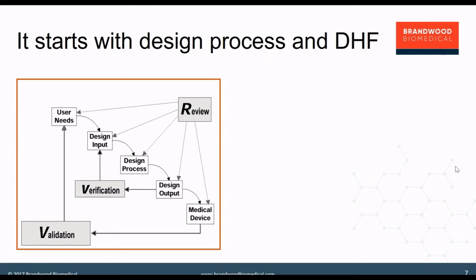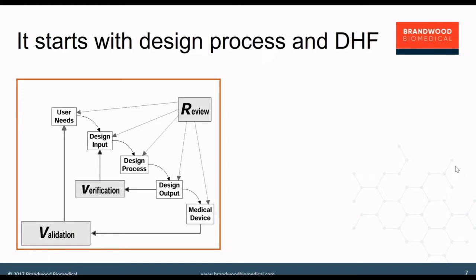They will therefore be transferred into some design inputs for the product. The design process will be carried out, and as part of this design process, the outputs will be produced for you to therefore release the medical device. Some of those gray boxes that you can see on the screen are of relevance for several things from several perspectives. The first important thing to note here is that